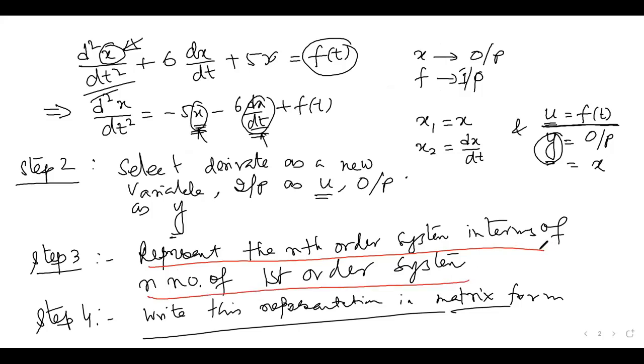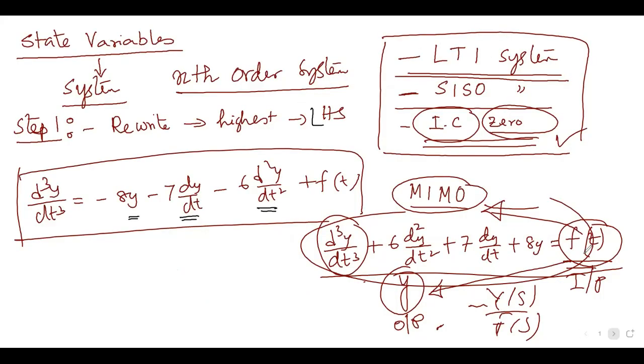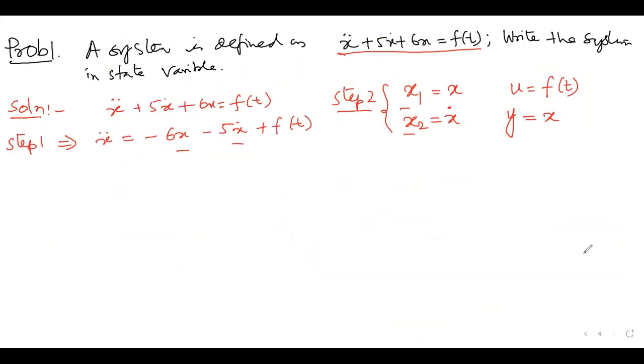Say if you have an nth order system, it will be very difficult to solve. But we can easily solve a first order equation. So instead of an nth order system, we'll write the nth order system as n number of first order systems. Okay, so now here, look,